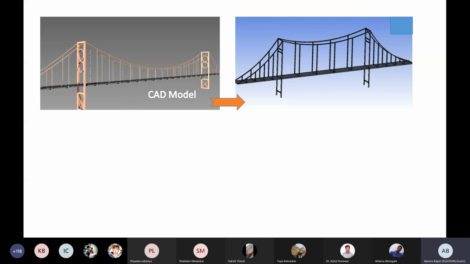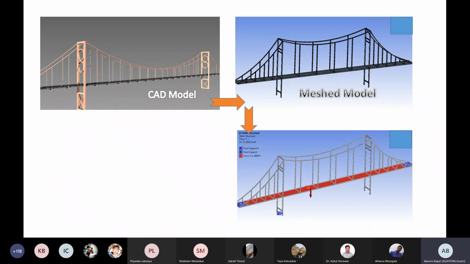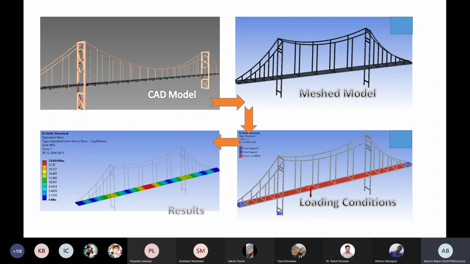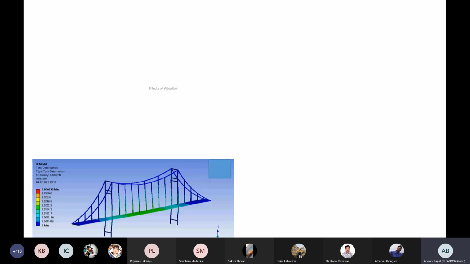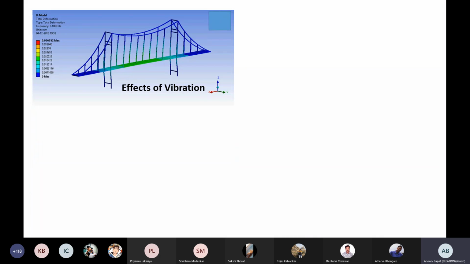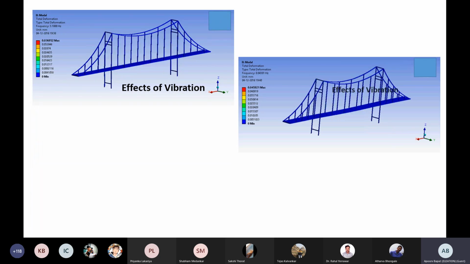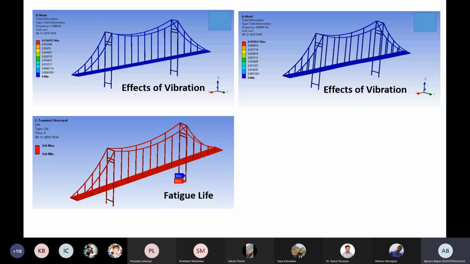Now a CAE engineer will import this CAD model in a CAE software, create nodes and elements, apply loading conditions, that is forces and constraints, and solve it to get results like stress, strain, deformation, and so on. The advantage of CAE is you can get results of multiple loading conditions without actually manufacturing the component.